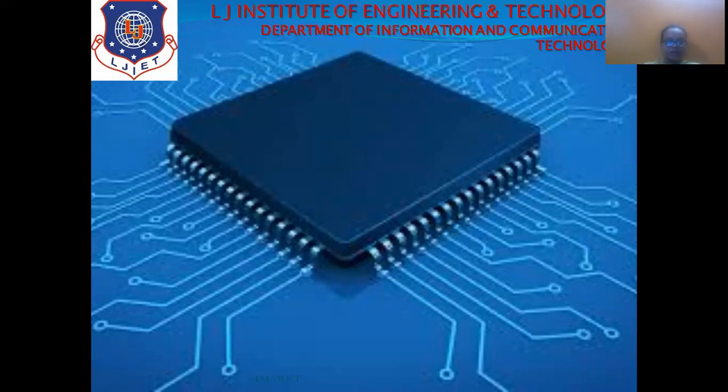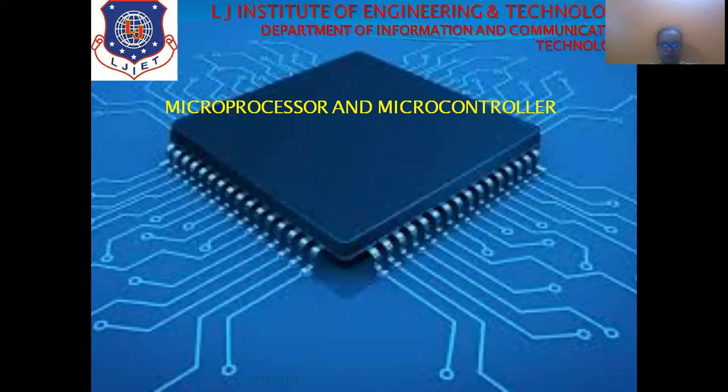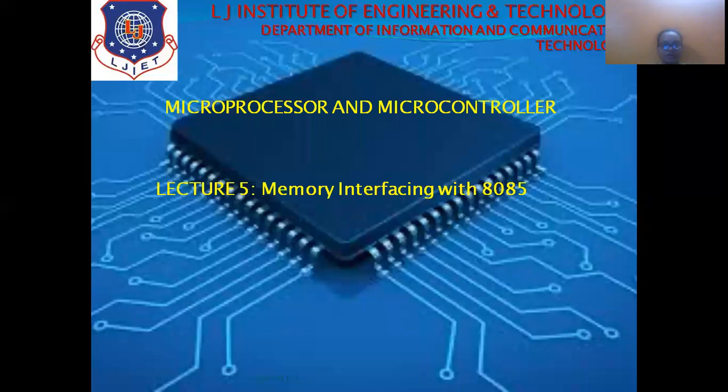Right now, today I am back with the microprocessor and microcontroller session, which we are going to continue about Unit 2 only, that is architecture of 8085 and 8051 microcontroller. Clear? Now, in this session and the next two sessions, we are going to discuss the memory interfacing with 8085. We will see how the memory interfacing can be done with 8085 with basic steps, and then we will see examples based on this memory interfacing in the next two sessions also.